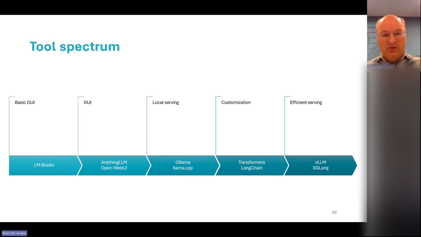Then if you have more advanced use, then you want to use a library like transformers from Hugging Face, very likely, possibly combined with LangChain at a higher level to script agency or what to do with the outputs and inputs that the model produces.